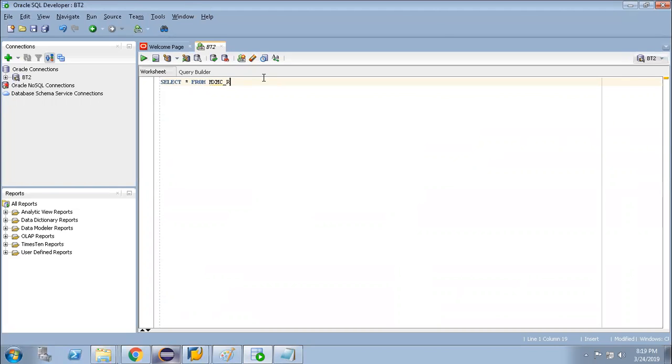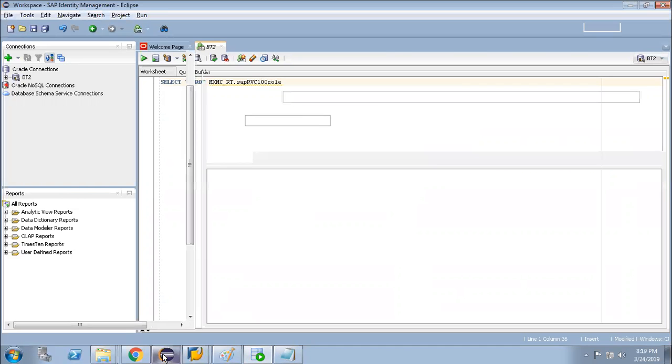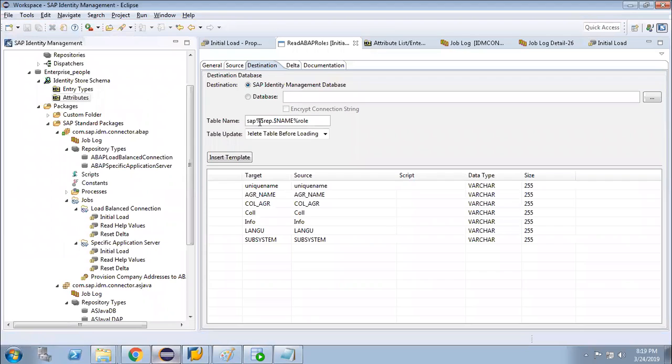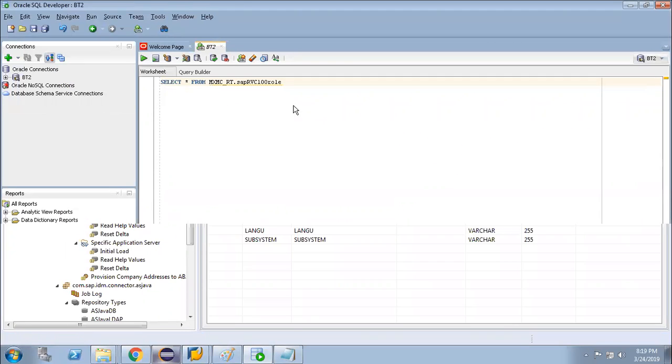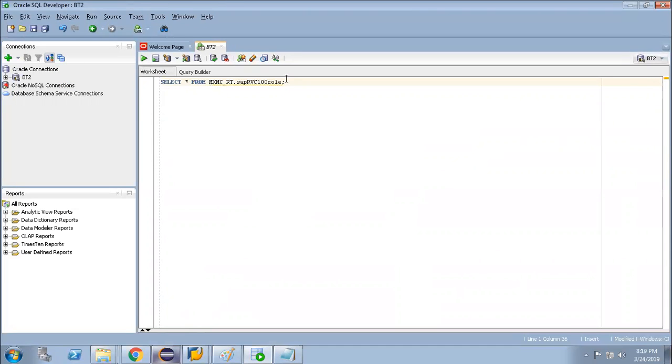It is mxmc underscore rt dot sap rvc 100 role. That was the table name, right? Yeah, sap rvc 100 role. So let's check this information.